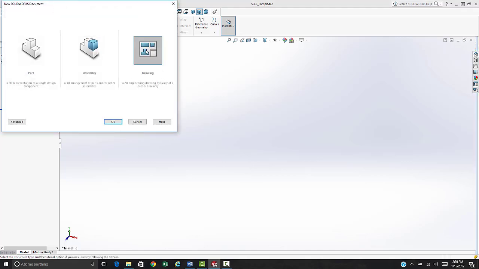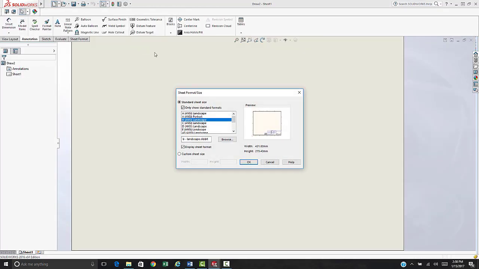So we will open a new drawing. You double click on that, and I like to use the B-size sheet. In this class, you can use whichever you prefer, either the A, B, C, D, E, whichever choice you want. But I like the B size. It comes in an 11 by 17 sheet,